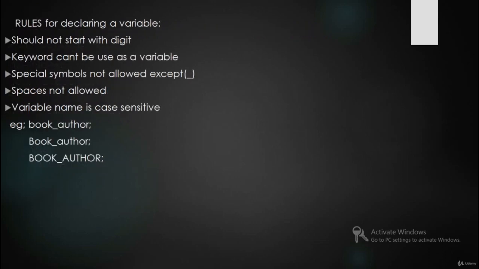Now we have rules for declaring a variable, and then rule number 1 says you should not start a variable with a digit. You can't start a variable by naming it with a number. Also, keywords cannot be used as a variable. We learned keywords earlier. Examples include auto, float,